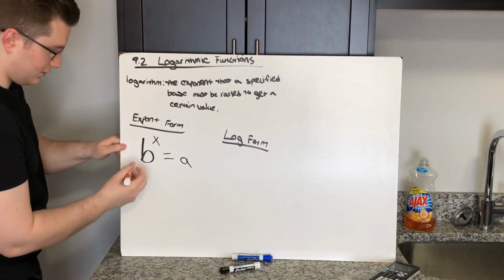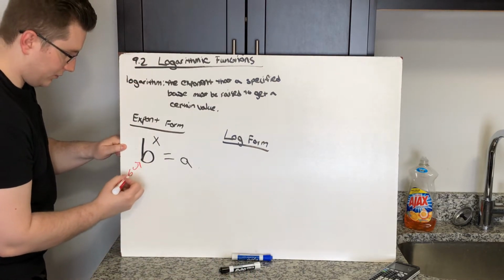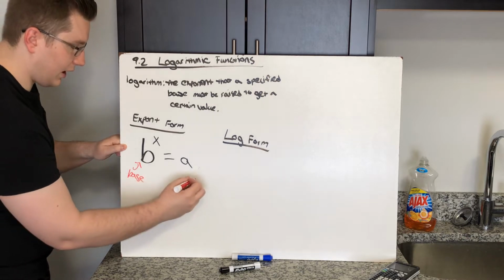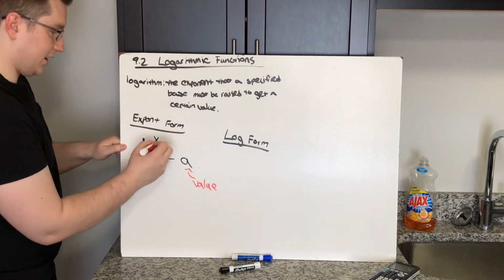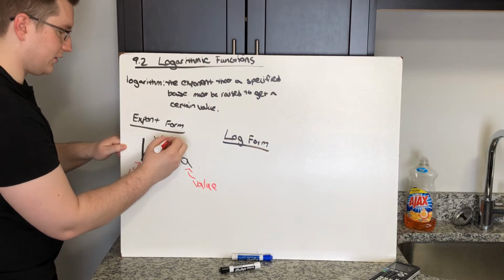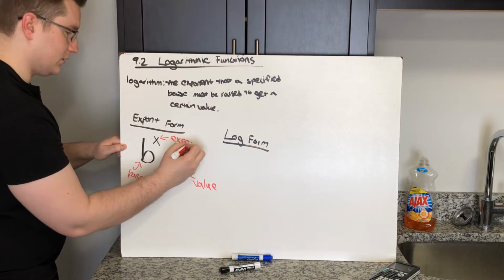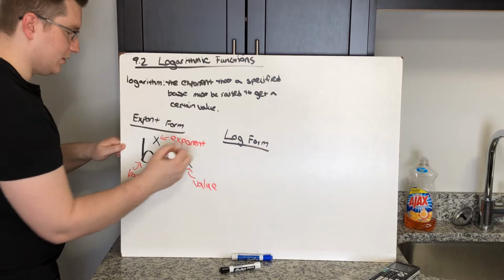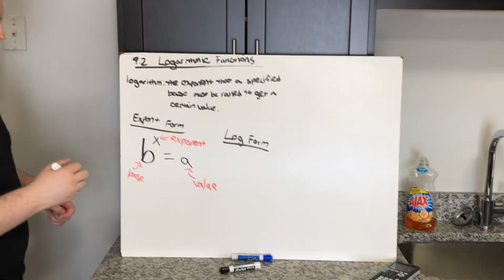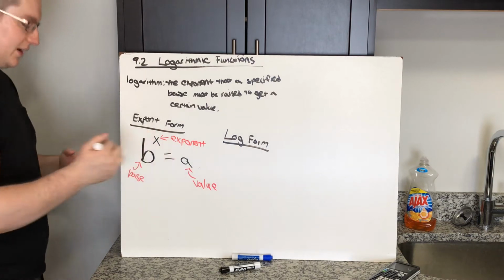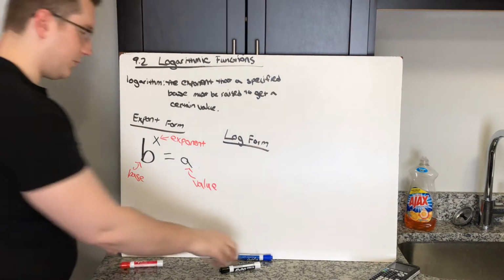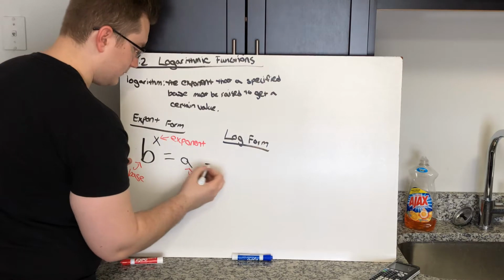For this, b is our base, a is our value, and x is our exponent. So the base is being raised to some exponent and equals our value. And if I want to put this in log form,